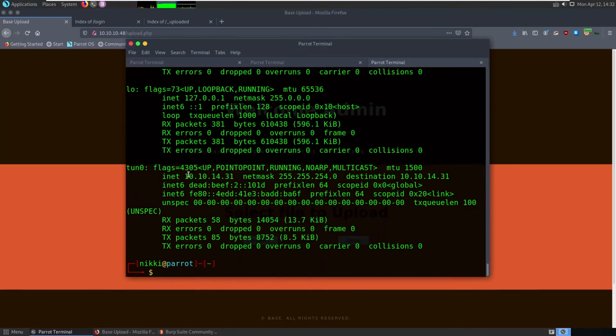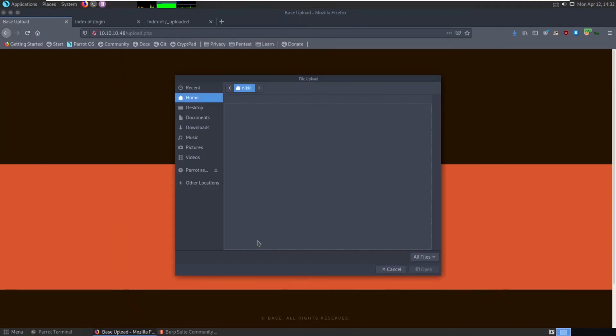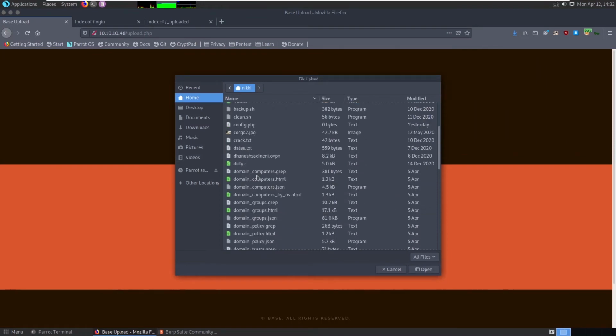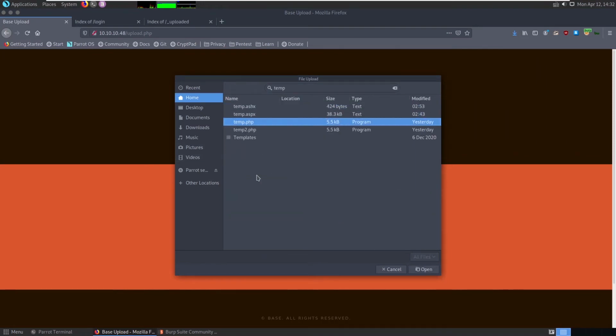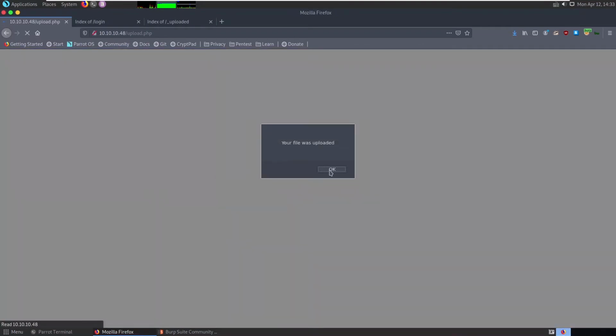Yes. So now what we need to do is set up a netcat listener on 1234. So we need to upload this temp2.php. So upload this, click on upload. Now your file was uploaded.